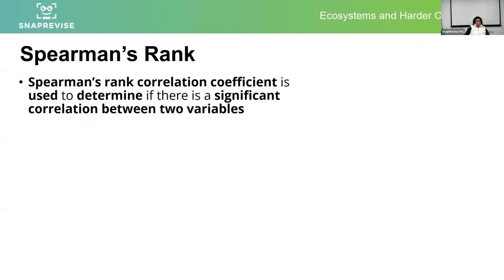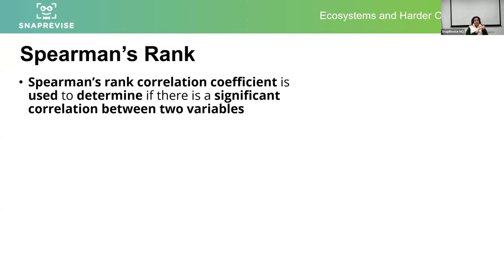Let's then look at the Spearman's rank correlation coefficient, which, as the name suggests, is used to determine if there is a significant correlation between two variables. Now, this is where it could get a little bit confusing in terms of choosing. If the question tells you which statistical test to use, great. If it doesn't tell you though, and you have to make that judgment, which you may,